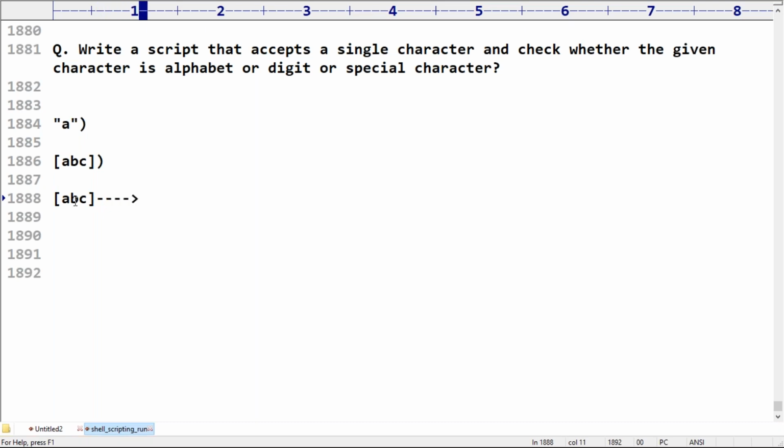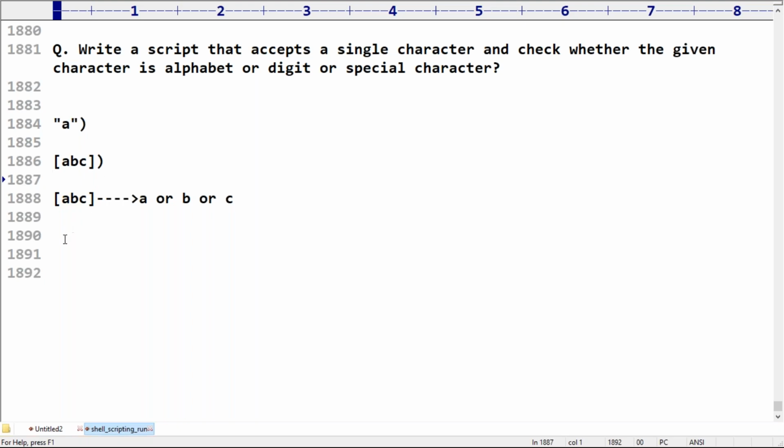It means a or b or c. So if your input is any one of these three, then this action is going to be executed.